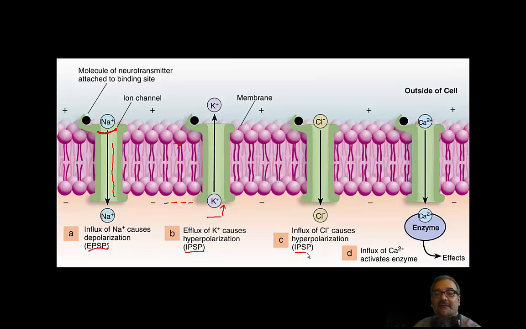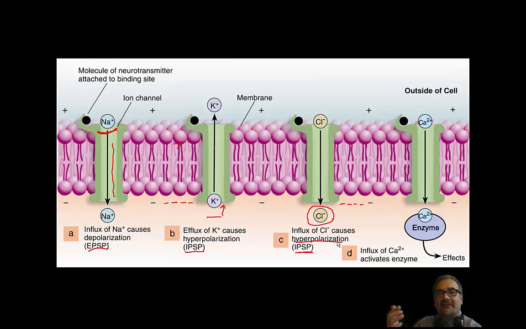Now, chloride, remember, wanted to go into the cell from that figure because there is much more chloride on the outside than on the inside. It is also inhibitory because it's going to increase the negativity on the inside, since it's coming in and it's negative. So it's inhibitory postsynaptic potentials, IPSPs,